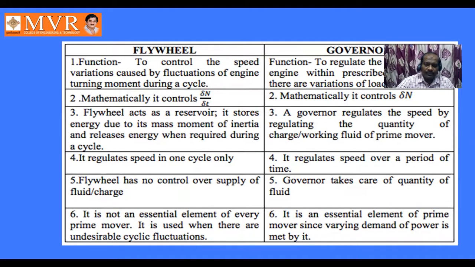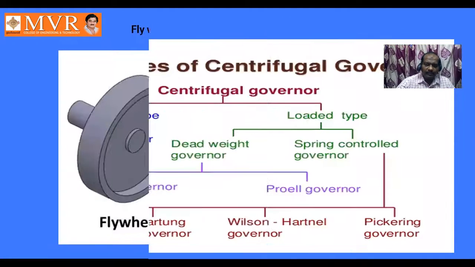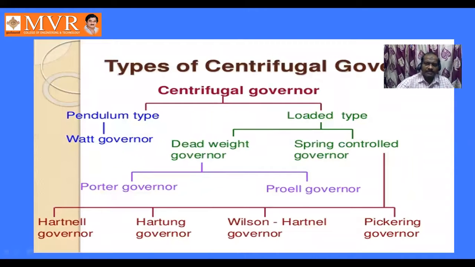Before going to the class, let us see what is present in this. The aim of the class is, I repeat, a brief classification of the governor. Already I have given the classification 2 times. Why I am insisting on this is that this question is asked a number of times, and you have to remember this while solving the problems.